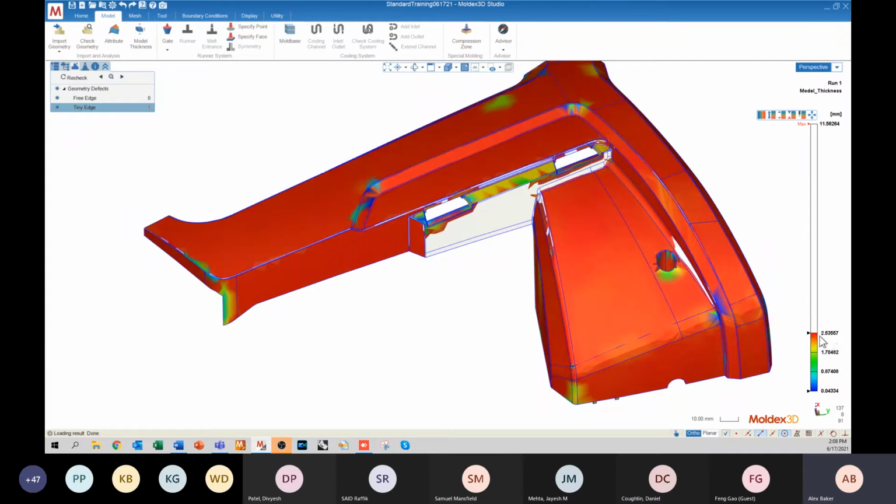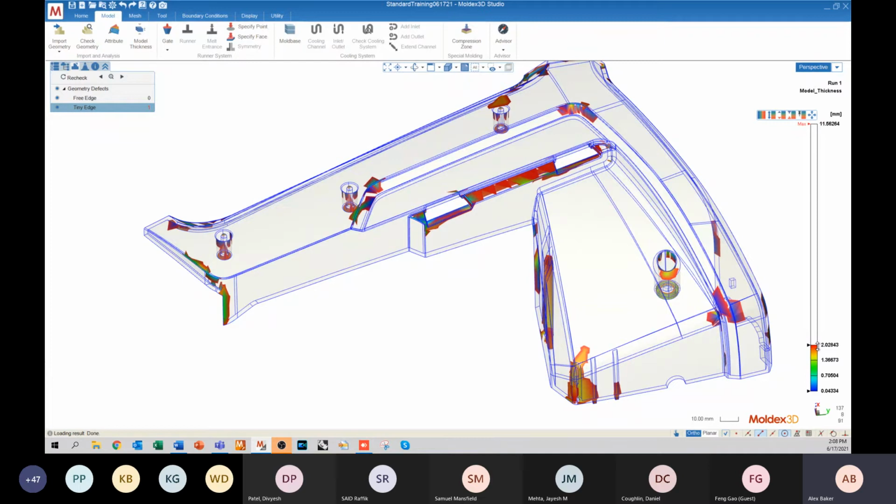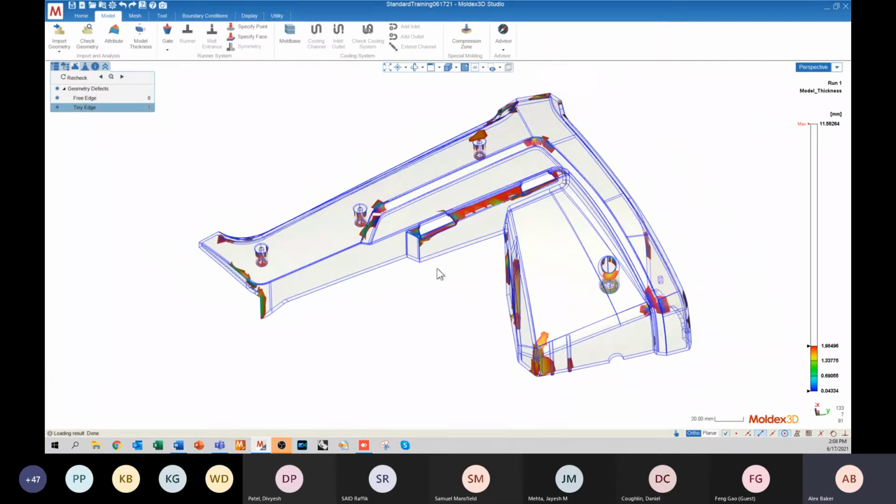All right, so this guy might be somewhere around like 2.5. And then I can continue downwards to maybe identify some other thickness regions. So maybe this surface here looks to be a little bit thinner, maybe somewhere around 2 millimeters. So this model thickness plot is really used as a means to get you familiar with the thickness distribution across